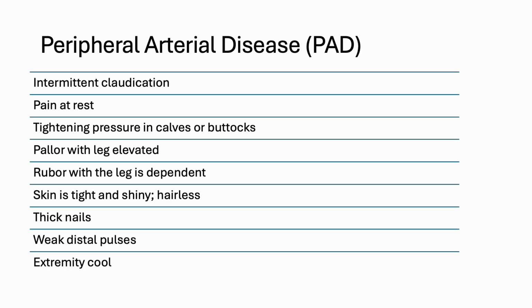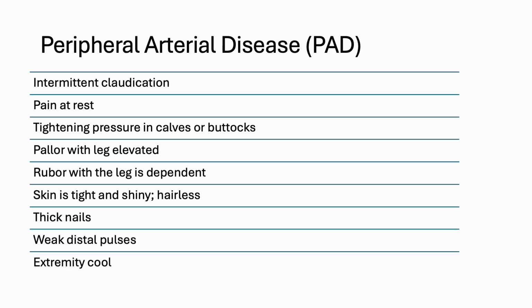All right, so because the arteries carry oxygen, when the patient exercises, they're going to have pain, okay? Because that means the limbs, usually the legs, are not getting enough oxygen, okay? So they're going to have what's called intermittent claudication. That means it hurts when they walk, okay? Because the blood in the legs is not getting to the tissues, and you need that when you exercise. They will have pain at rest. They'll get tightening pressure in their calves or buttocks. Okay, so the most important thing is to know that they're going to have pain at rest and intermittent claudication,